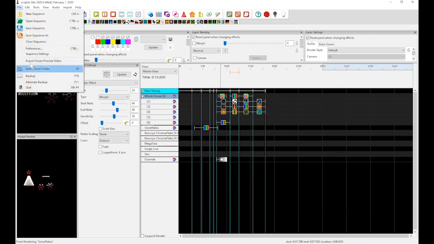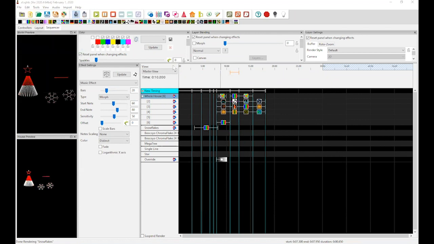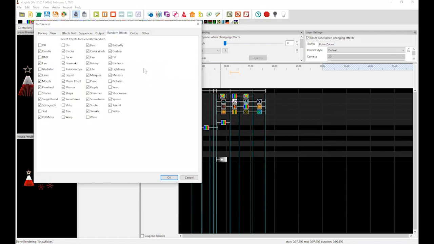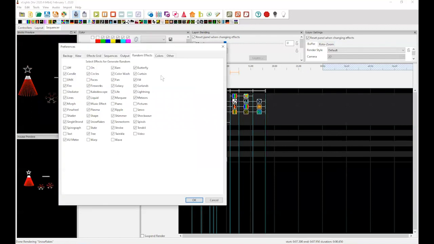So last year at some point, I don't remember when, I actually added a setting for this. If you go to the new settings and go to random effects, you can actually select which effects you want to be generated. Like the music effect was generated, I think. That's not something I really care about. And you can go through and say which ones you cared about. So if I only wanted a bunch of bars effects or butterflies,